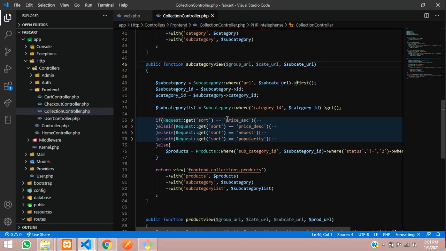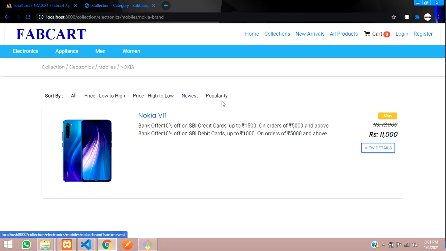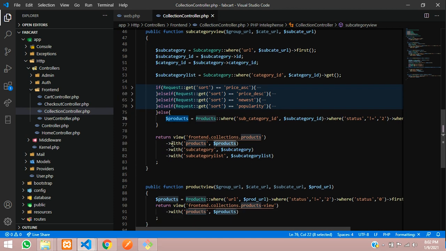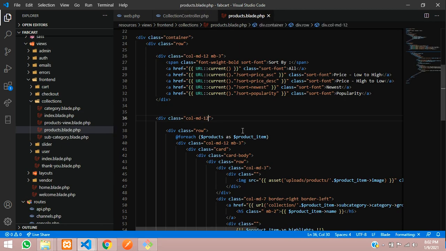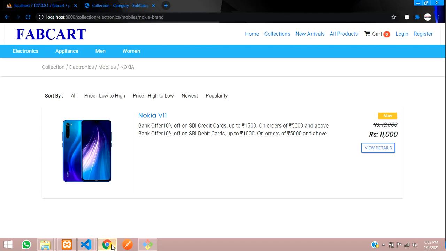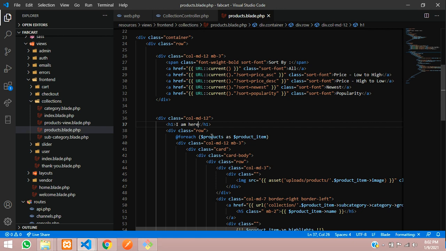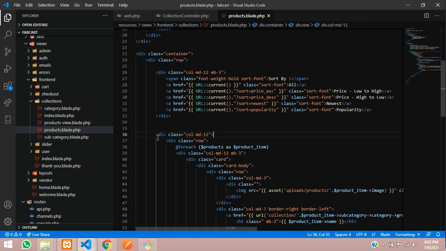Let me click on this, and then you will reach this function. As you can see, this coding has been done for price up and down, lowest, newest, popularity. We have done those things, right? So let's ignore all that, and this is the final part where, if it is not done, the product is getting viewed. Let's copy this, and the page is over here. Let's go to this page, and over here you finally reached. Now I'll show you in an h1 tag that I am here. Let's reload this, Control R. You can see that I am here, it's done, right? Now let's remove this, and we have to start the functionality for it.